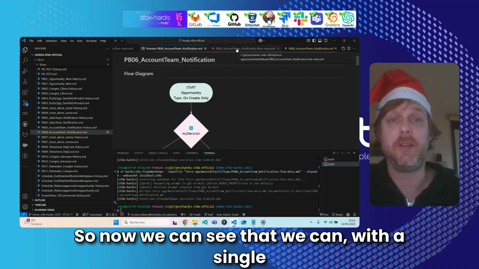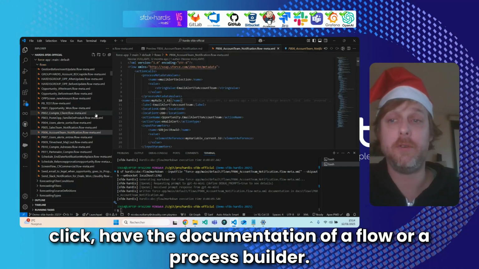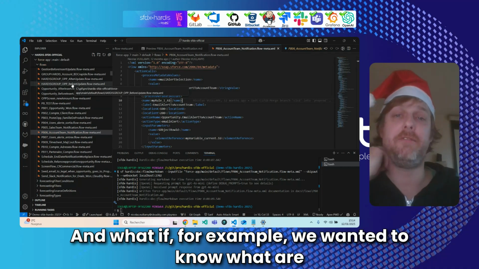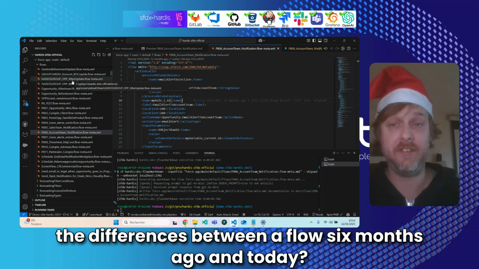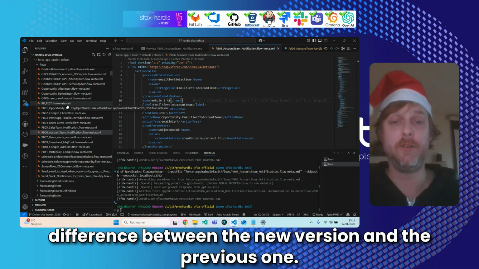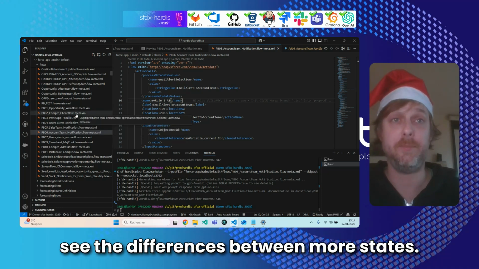So now we can see that, with a single click, we can have the documentation of a flow or a Process Builder. And what if, for example, we wanted to know what are the differences between a flow 6 months ago and today? We saw earlier that we can see the difference between the new version and the previous one, but it could also be interesting to see the differences between more states.